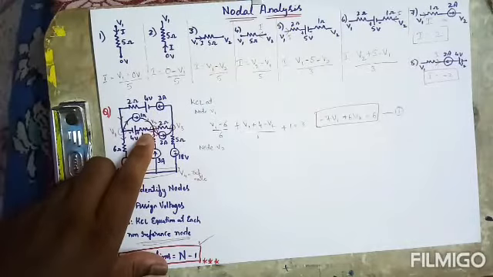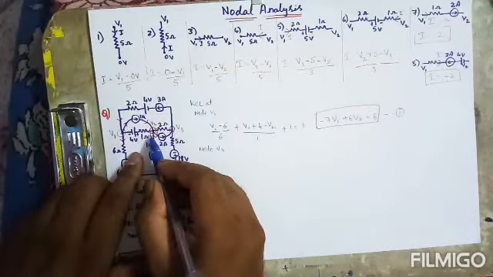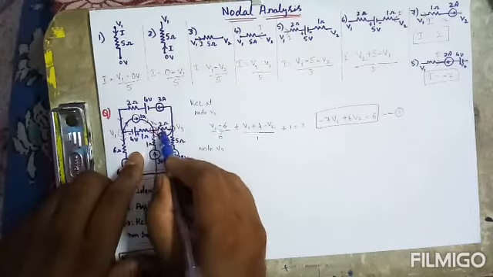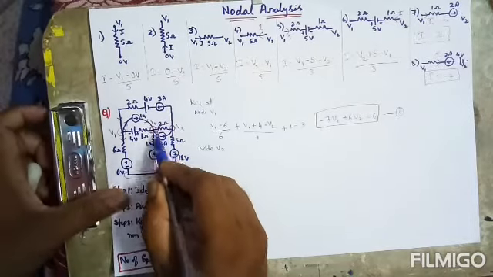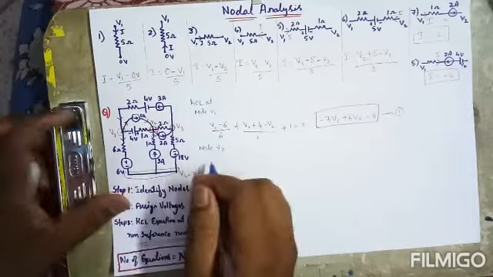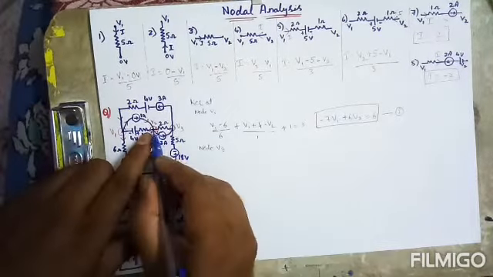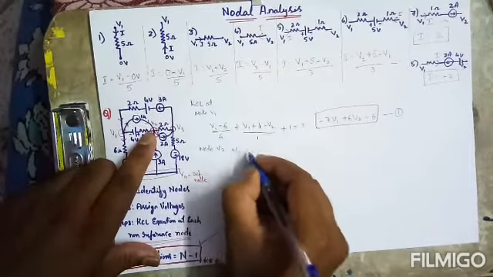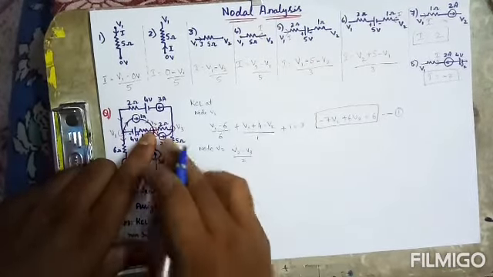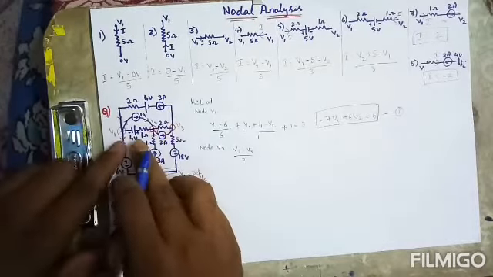Okay, so now we can say the outgoing currents are 1, 2, I think 3 outgoing currents we have, and 2 incoming are there. So let's write the first outgoing one. V2 and V3, in between I have 2 ohms, so I can write it as V2 minus V3 by 2 ohm. This is the outgoing current, and next outgoing is this.